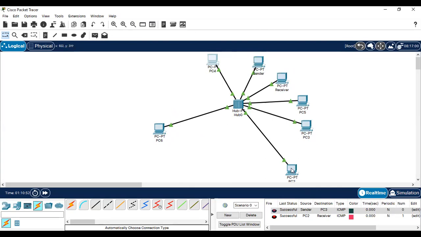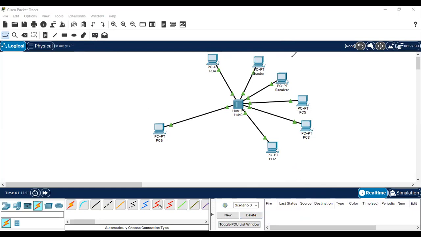Let me tell you this thing: when PC1 or a receiver is going to receive a packet in a hub, how it happens is the packet will first be received by the hub, right? So I'm telling you the working principle of a hub.